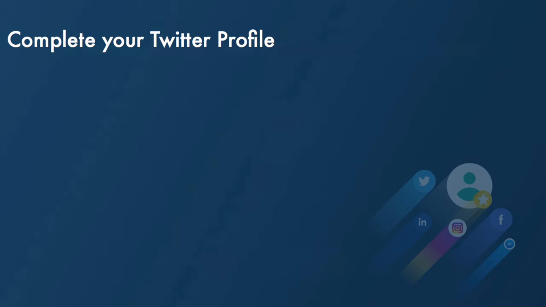So, first thing to do with Twitter is you complete your Twitter profile. This is a mistake which many people make, and the completeness of your Twitter profile determines how well you rank on Twitter search, and how rightly you rank, as in you would like to rank for the keywords which are relevant to your business. For that, you have to optimize your Twitter profile accordingly, and for that, you have to first make sure your Twitter profile pic is appropriate. Your company logo goes there.